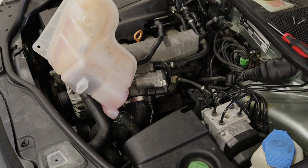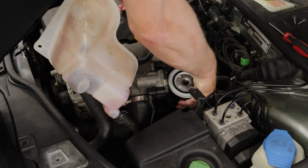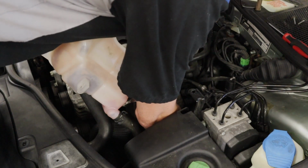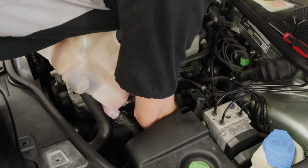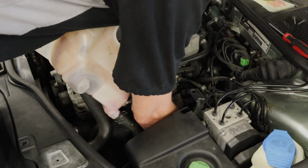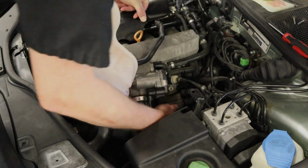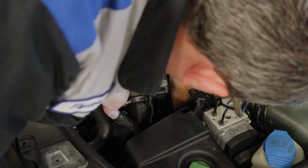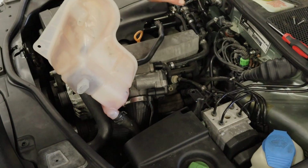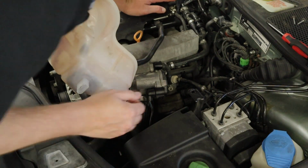Reinstallation is going to be the same as installation. I'm just going to snake this down here and thread this onto the threaded fitting that the oil filter gets on. And then I'm just going to hand tighten it. You don't want it too loose, you don't want it too tight. If you get it too tight, you're going to have a hard time getting it off. So after we do that,